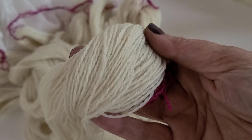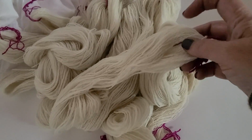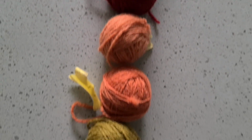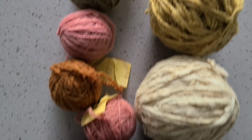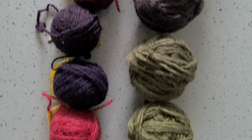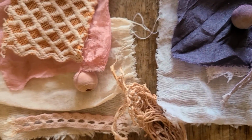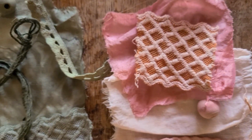In both Mexico and Peru, we worked with wool as our main fiber source. Wool just takes up color so well. It's really forgiving and just sumptuous, gorgeous colors result. I also brought fibers on my own to both of these locations, brought some silk, and I brought some cotton. And I'd like to show you those cotton pieces next to the cotton pieces that we dyed here at Color Quest,